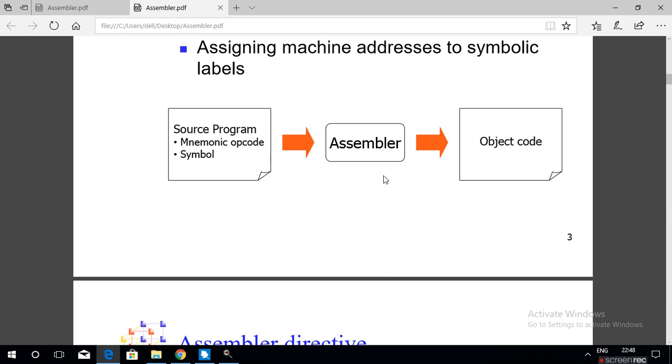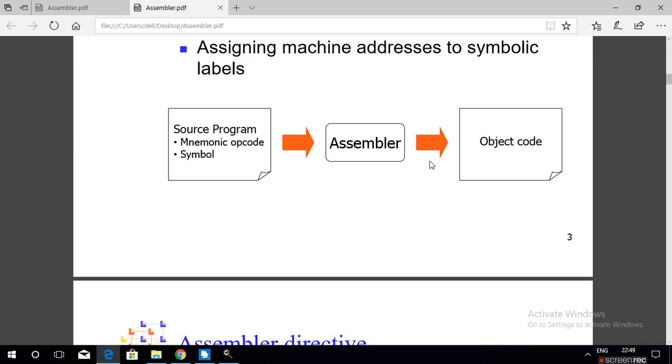Assembler is a set of programs which convert source program to object program. What is source program? Source program is a program in assembly level language, and object program is a program in machine level language.